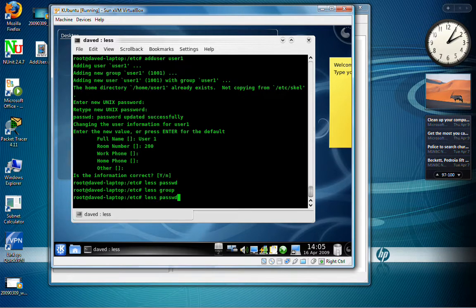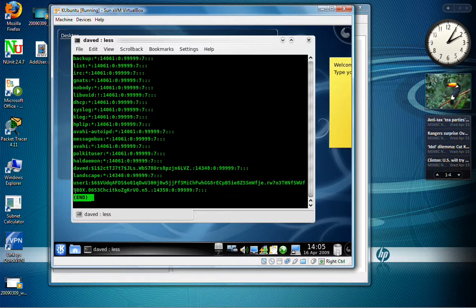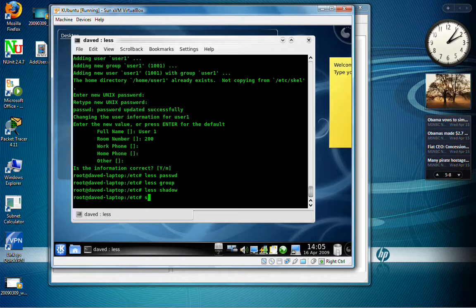And then if we look into the shadow file, you will see we have our user1, and it's got its password all encrypted and everything in here, plus all these numbers. So now we've just added a new user. Now this can be actually tested by doing